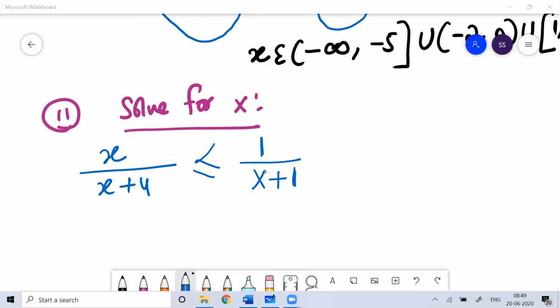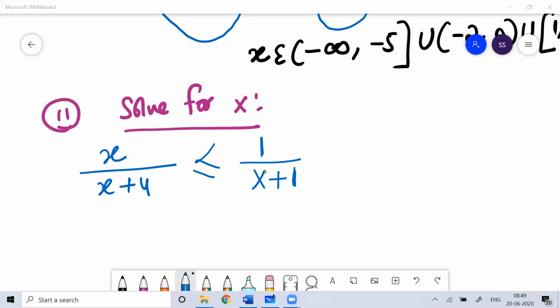Anyone got the answer for this question? So understand, I told you before that whenever you are solving a problem on inequalities, you cannot solve the problem until your RHS is 0. Okay, so try to do that